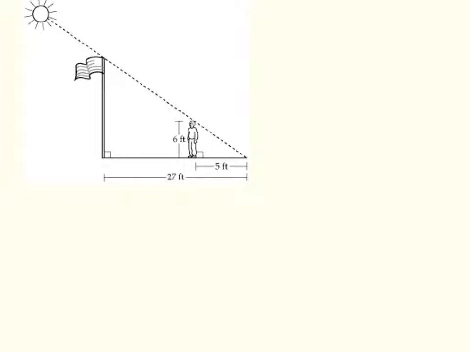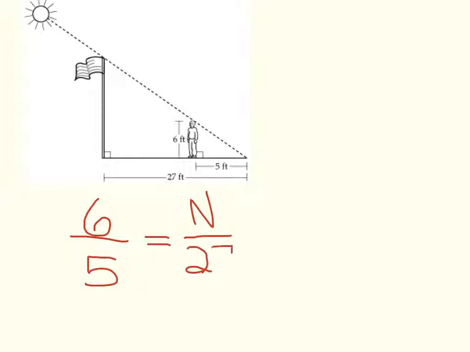Let's take a look at another example. I have a 6-foot person who is creating a 5-foot shadow. I have a flagpole of unknown height, and it's creating a 27-foot shadow. My cross products will give me 5 times n has to equal 6 times 27, which is